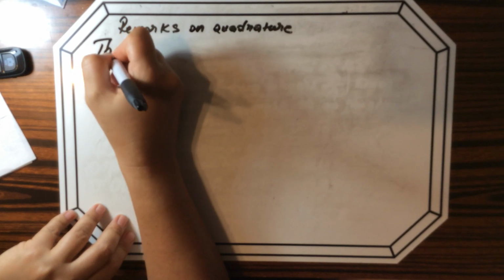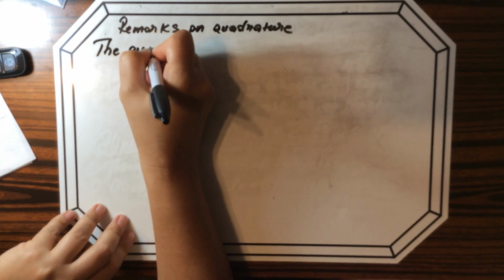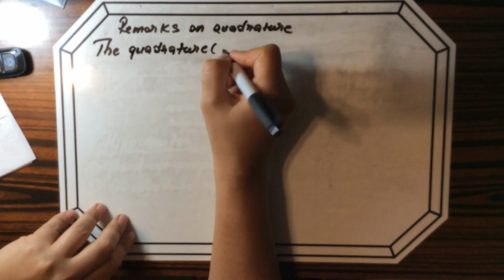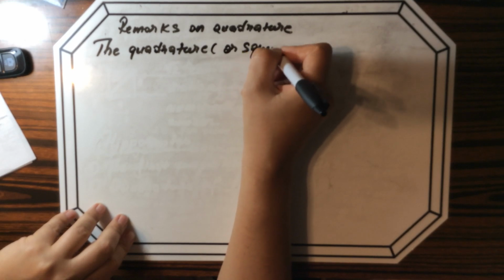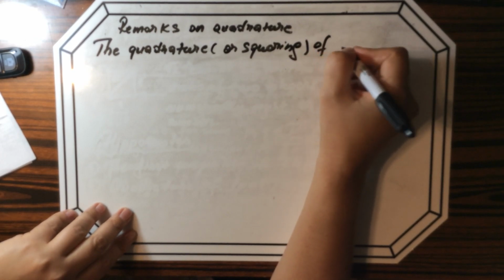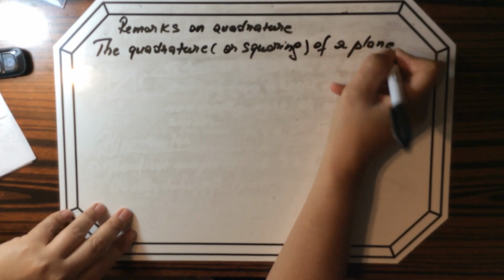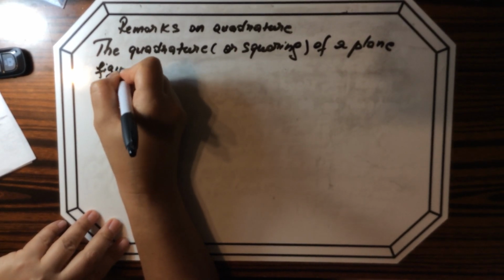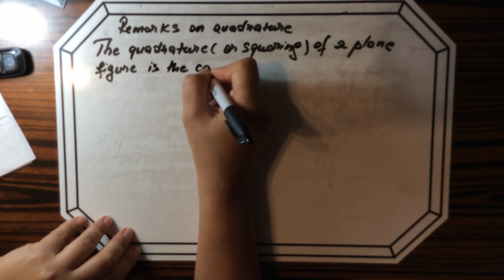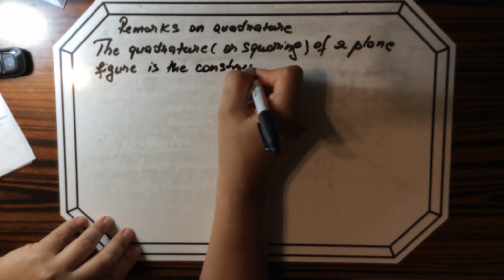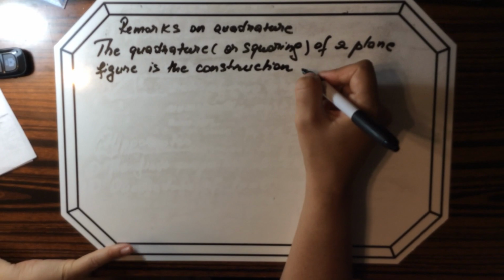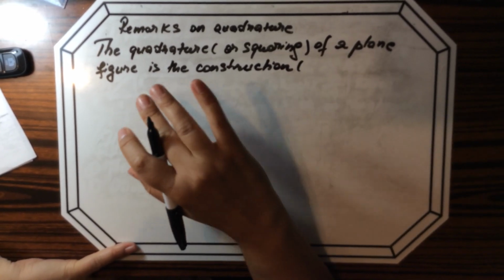So the quadrature, or squaring, I'll explain what that means in a bit, of a plane figure is the construction using only compass and ruler with no markings in it,